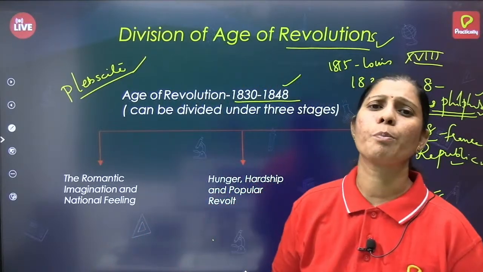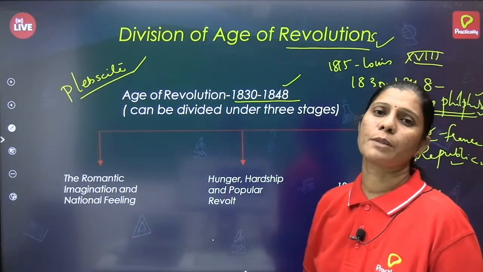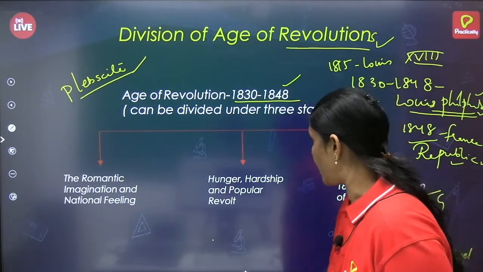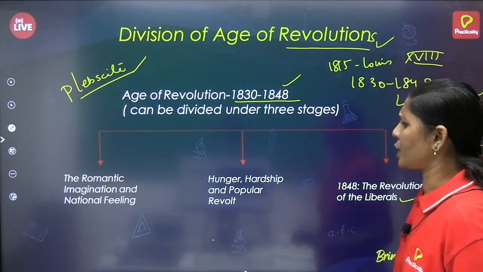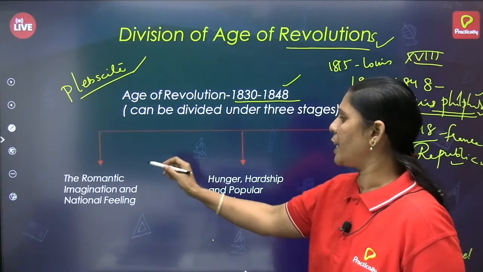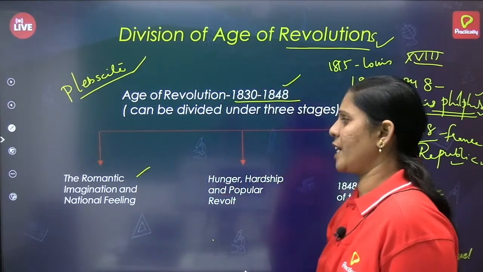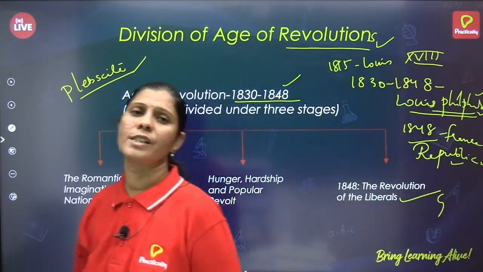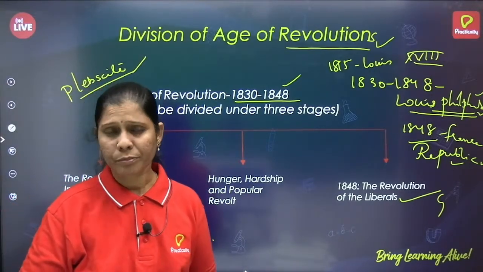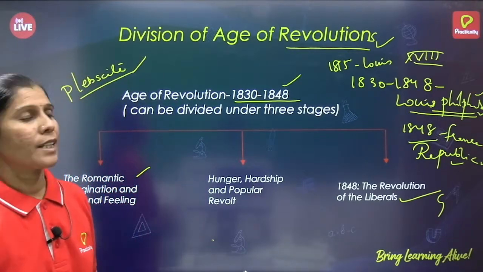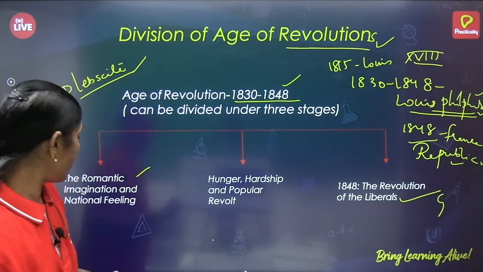Even in Poland, people fought against the Russian government or Russian monarchs, but they were unable to get independence. During the 1830s, a series of revolutions took place, and there was also a development of different concepts. We will learn here about romantic imagination and national feeling through culture, traditions, and different types of activities. People started inspiring each other through their songs and their art, inspiring nationalistic